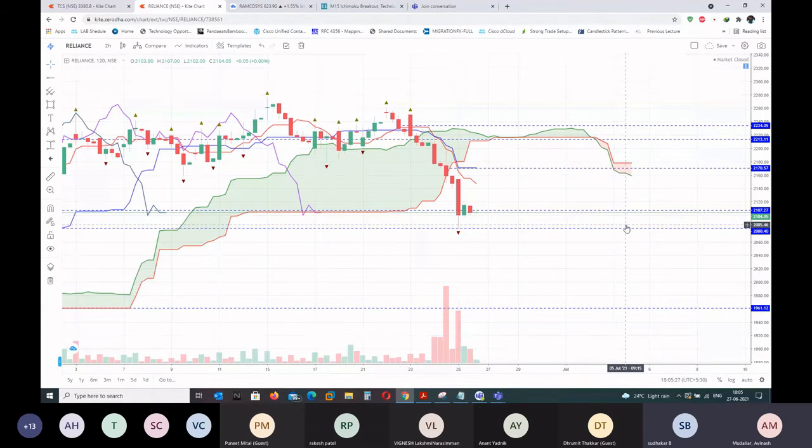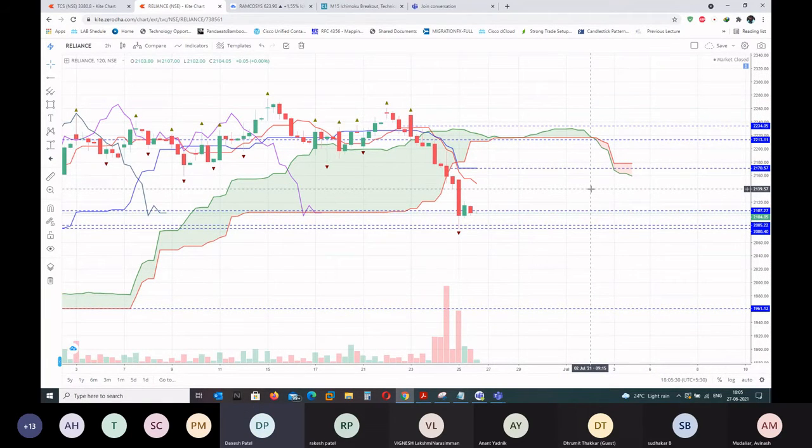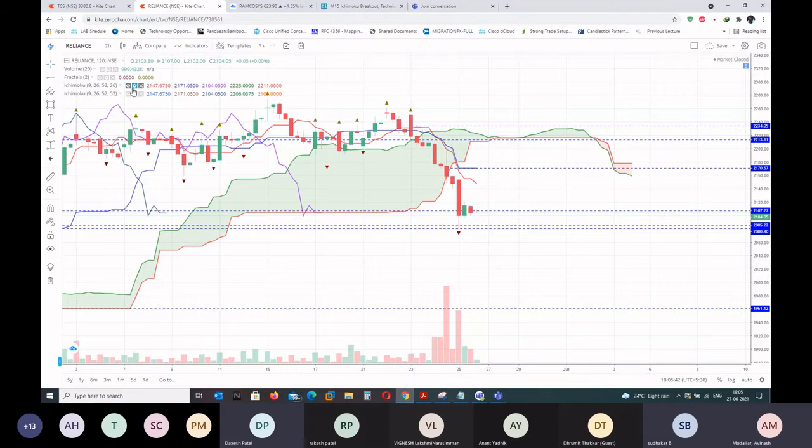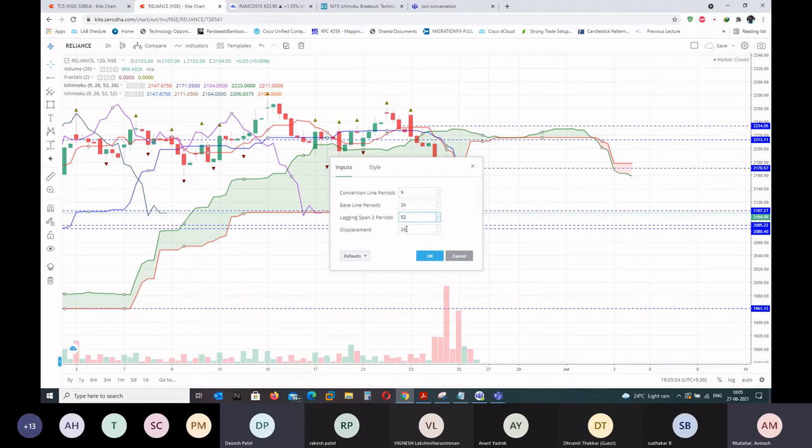Okay. Yeah, Avinash, I was checking the default Ichimoku indicator on TradingView. It is showing 25 days. No, it is 26. Here I have added two sets of Ichimoku, just for reference, which is why you're seeing two Chikou spans. Yes, I got that point. You are plotting the 26 and 52 also. But when I'm opening the default indicator in TradingView, it plots the Chikou span on the 25th day,